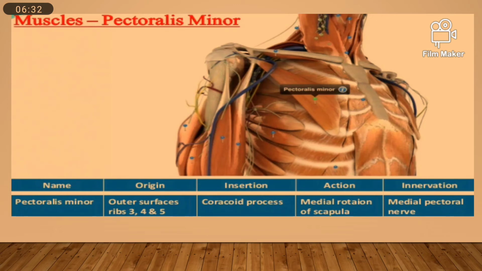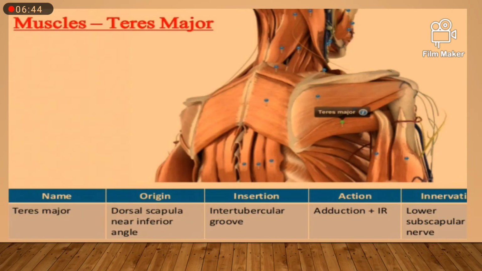Now pectoralis minor: origin outer surface of ribs of third, fourth and fifth, insertion coracoid process, action medial rotation of the scapula, nerve supply medial pectoral nerve. Teres major muscle: dorsal scapula near inferior angle is the origin, then intertubercular groove is the insertion, action adduction and nerve supply lower